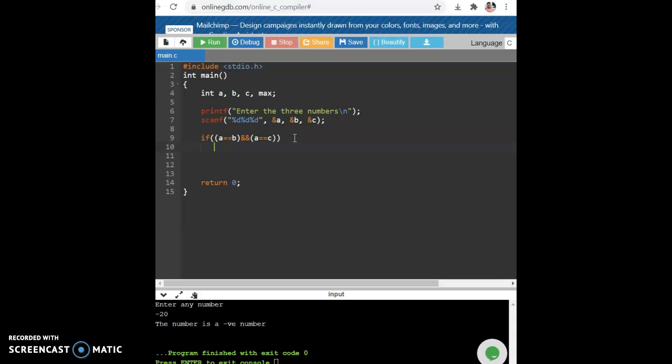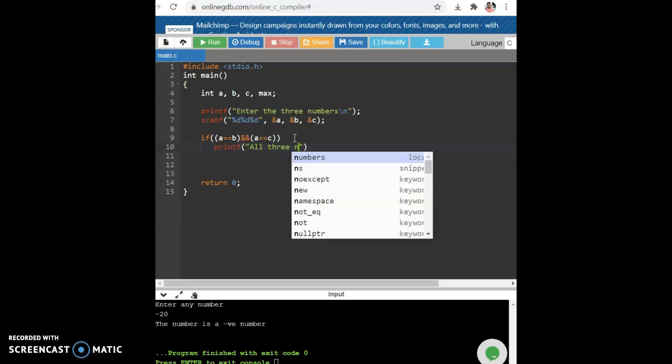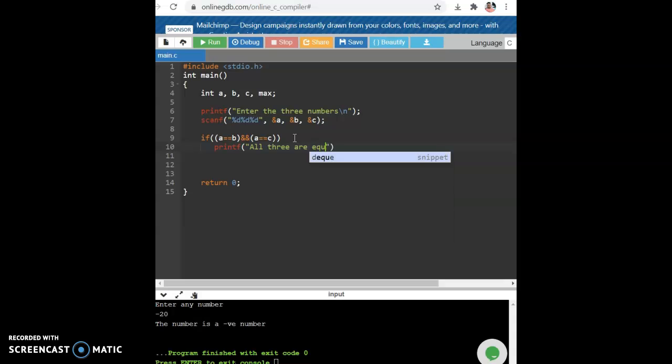Then I will print a message, printf, "all 3 are equal\n". Then the cursor will move to the next line. If this condition is true, then I will get this message, else if